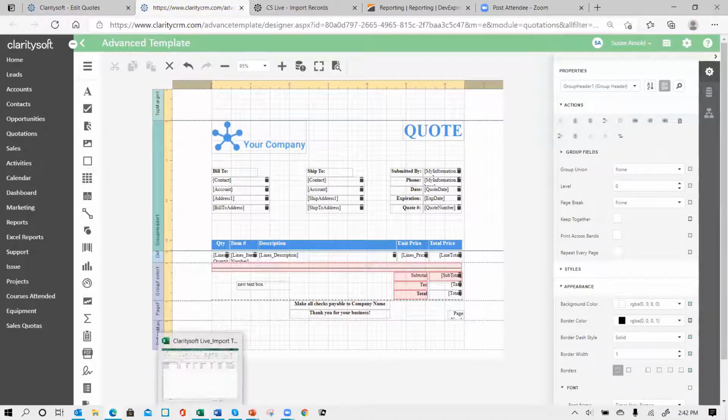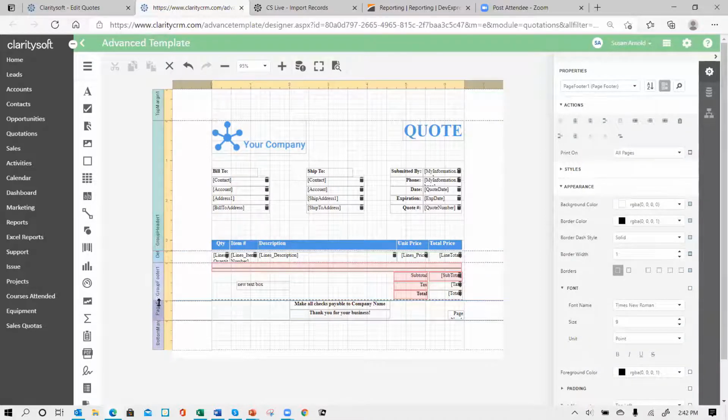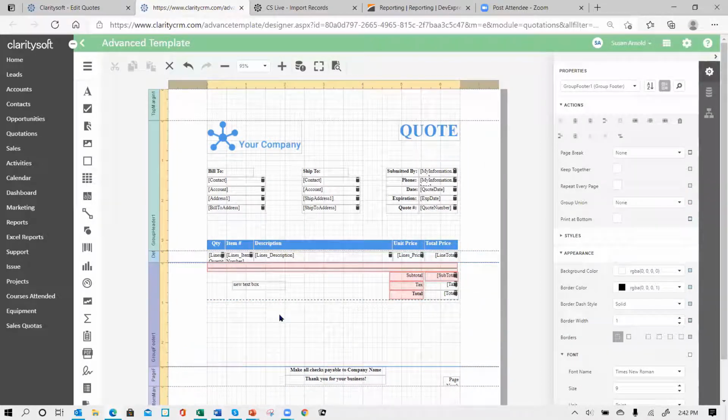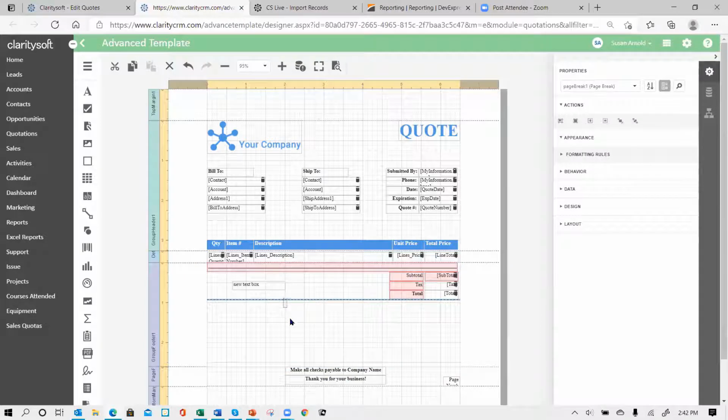Okay, and then the group footer is the same way. I can stretch it. What I want to do here is pull this down, because this is that page break, I want to drag it down as soon as I can get a hold of it. There we go. Put that down here. That special notes field that we had in the quote record, I want to put that